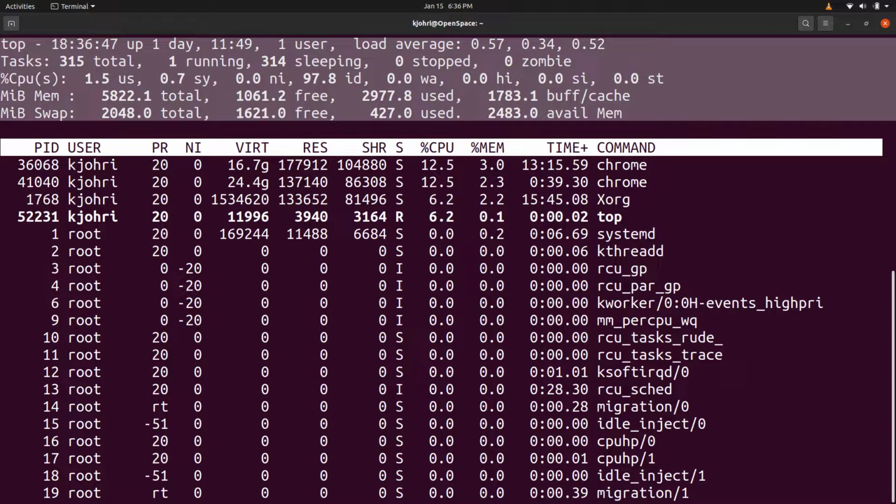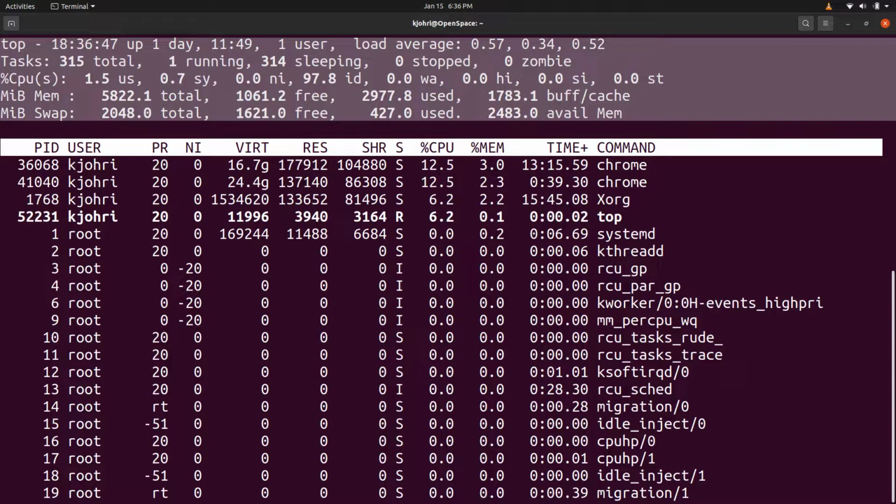If load average is more than the number of CPUs in the system, it means that some runnable processes are not able to run because of the lack of CPUs. So ideally, the load average should be less than or equal to the number of CPUs in the system. And then we have the number of processes in the system and the status of these processes. Next, we have the CPU utilization during the time interval since last refresh, and what we have here is that